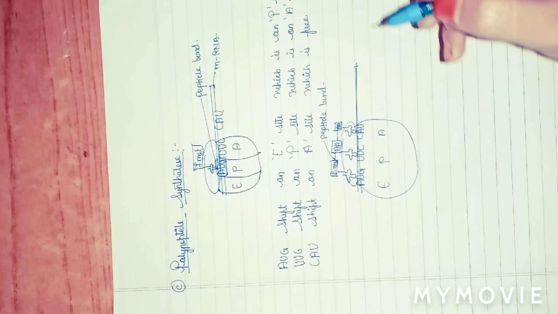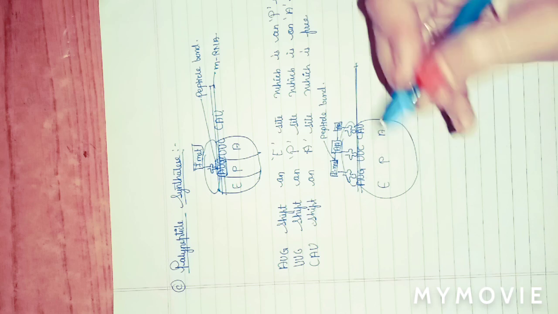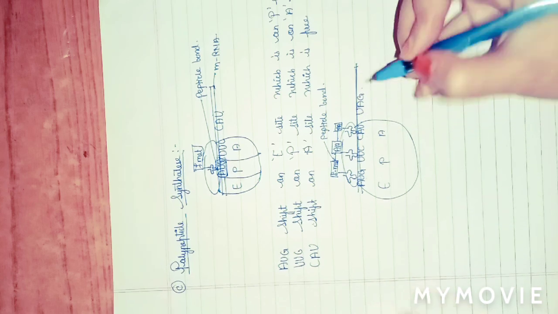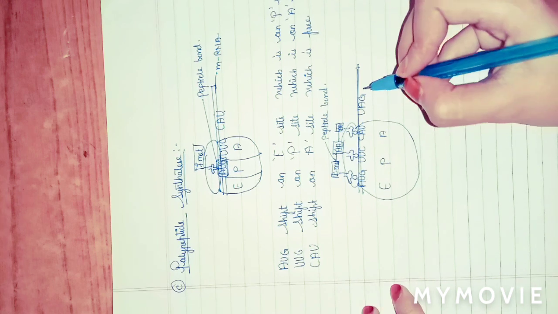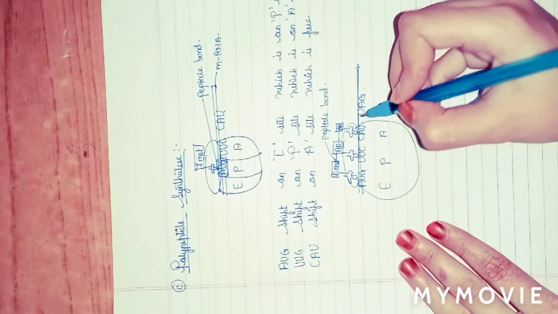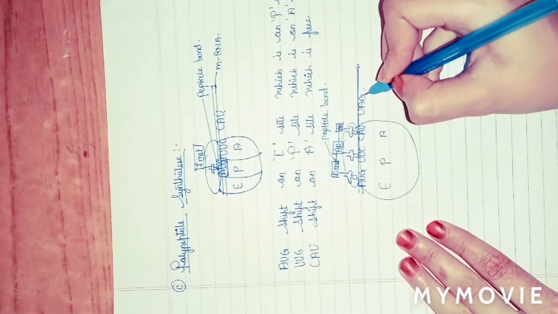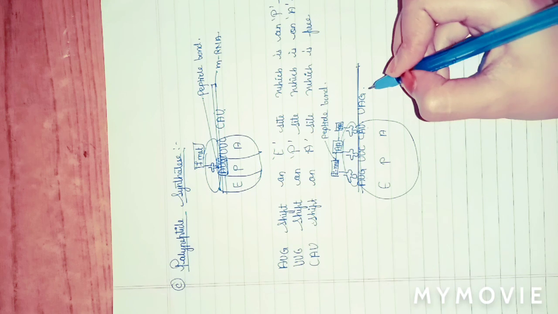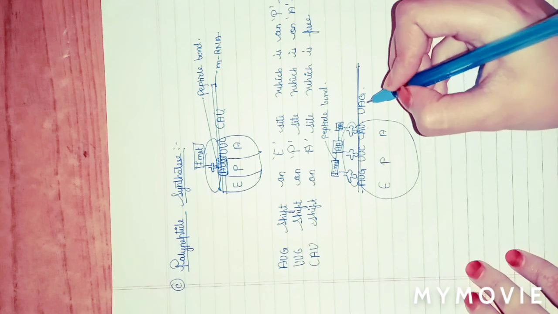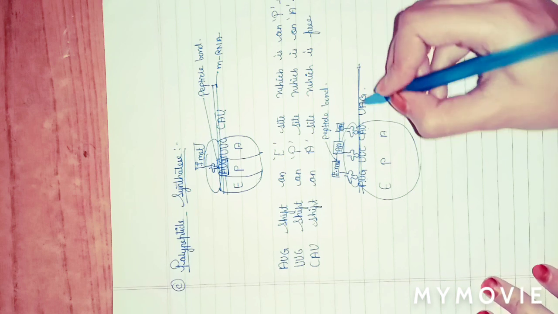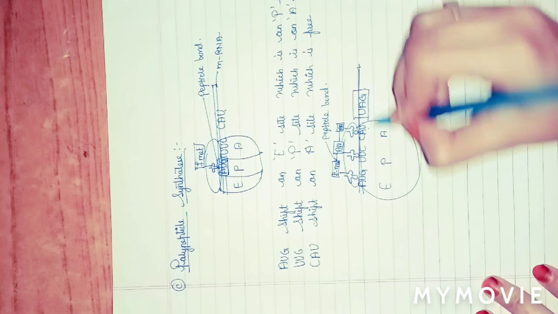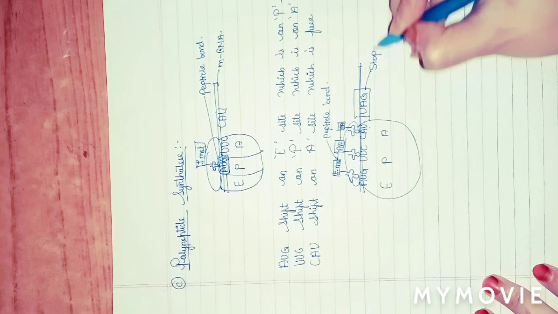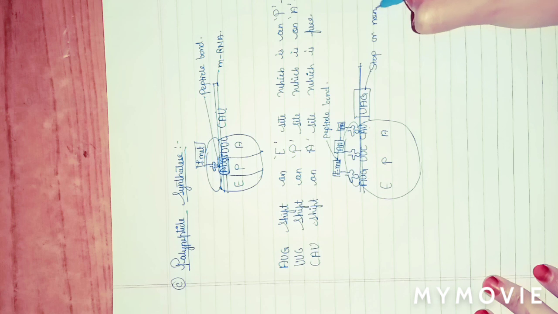Now nothing is coded. Now at the last end, UAG, stop codon or a nonsense codon. When this nonsense codon comes and gets attached at the A side, then the process stops. So it is called a stop codon. And why do we call it a nonsense codon? Because it is not coding for any amino acid. This codon codes for nothing. So this is known as a stop codon or nonsense codon.